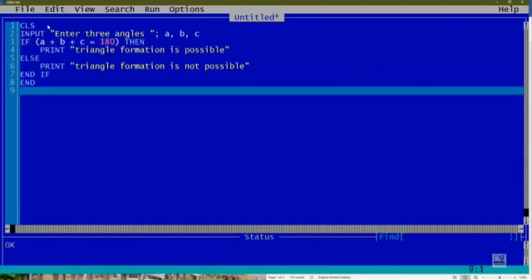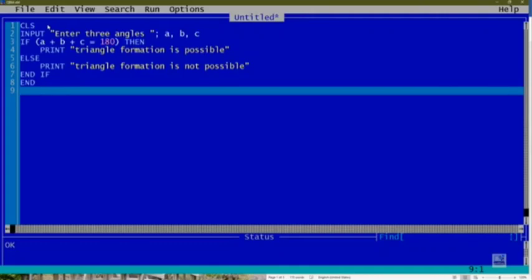When you type the program in QBasic IDE, you will see that it will automatically capitalize the predefined terms like CLS, input, if, else, end if, and end. So that happens automatically. And when you are writing the program, it will automatically contain the indentation. Indentation means the alignment of the text. So when you start the if block, automatically the next statement goes towards the right side. Then when you close it by writing end if, it comes back. So indentation is automatically maintained by the IDE. Now the program is complete.